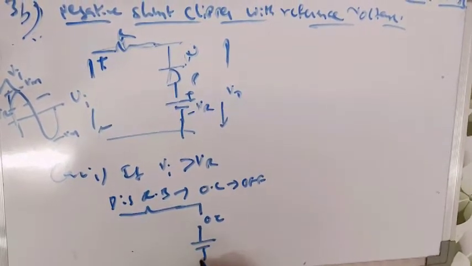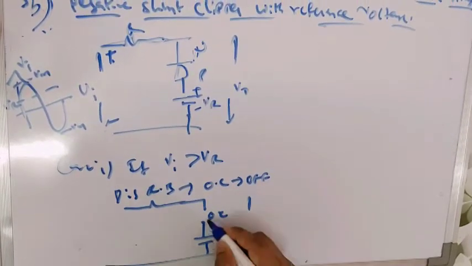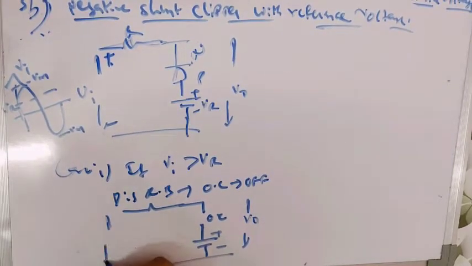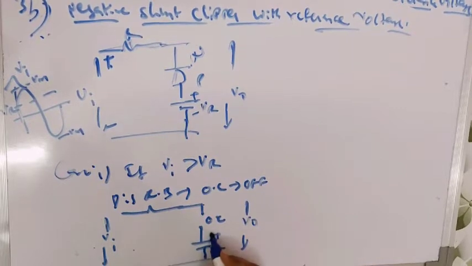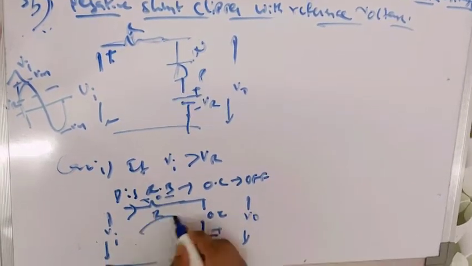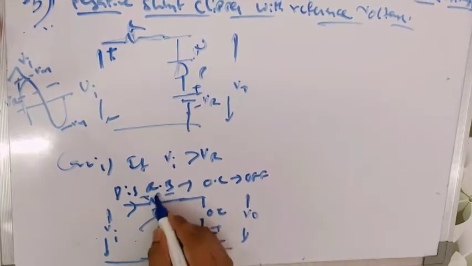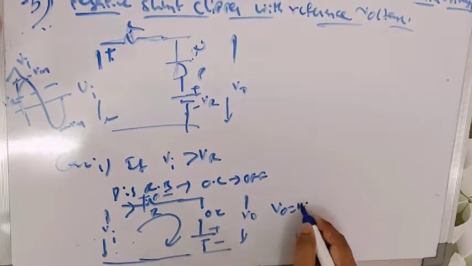Now there is no significance of this reference voltage because this is open circuited here. This total open circuit means infinite impedance. The total output voltage will be represented across these terminals. The Vi will also be applied here because there is no potential across this resistor, since it is open circuit. Open circuit means there is no current flow here. The current is 0, which means the voltage developed across the resistor is also 0. Therefore V0 is equal to Vi here.